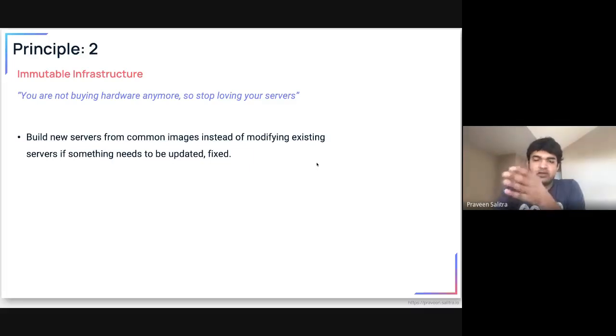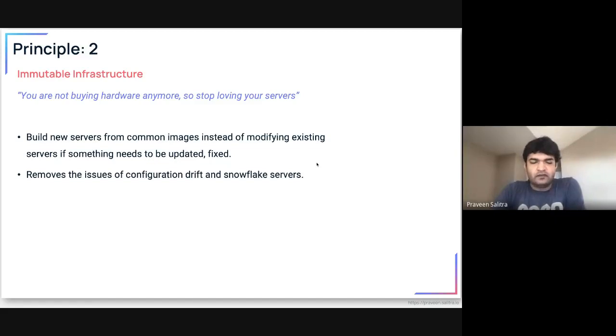You shouldn't be worried these days about operating system patching, security patching, or any kind of traditional sysadmin jobs anymore. And then, of course, you remove the issues of configuration drift, where maybe humans, your DevOps team or sysadmins did some in-place upgrades on that server, but you lost track of what was done. So yes, you can get rid of all those issues and just depend on this idea.